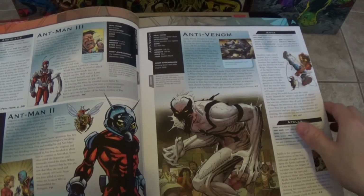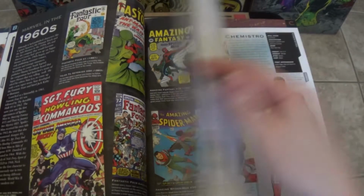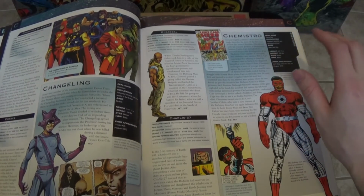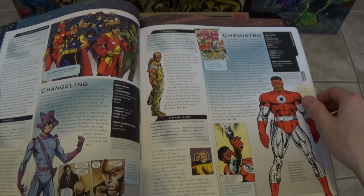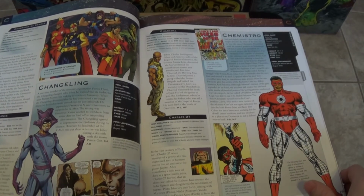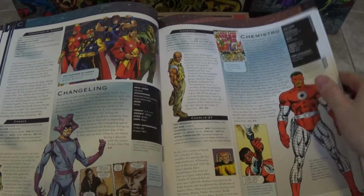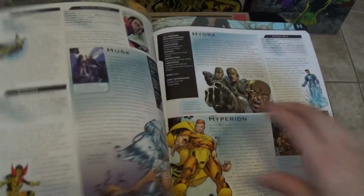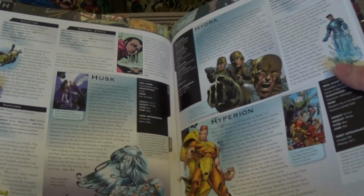And this is a really cool book because it lists every single Marvel character from a minor F character all the way to the A+ characters. Characters you didn't even know existed are in here. Characters that only appeared once ever are in here. And of course, popular characters. This book is cool because it lists everything about the characters that you need to know. The most basic facts, at least, like